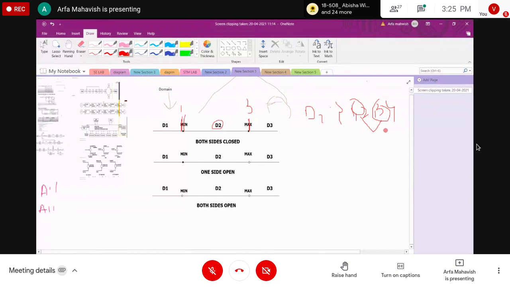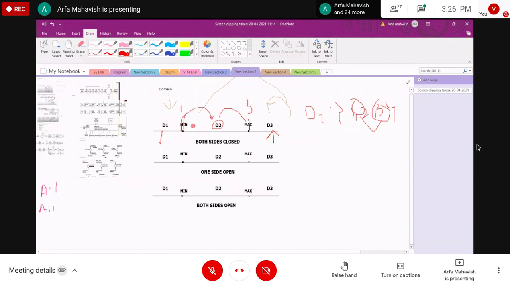D1 and D3 are open domains. Open domain means the pointers do not belong to D1 and D3. These two are the open domains, while the minimum and maximum pointers belong to domain 2.